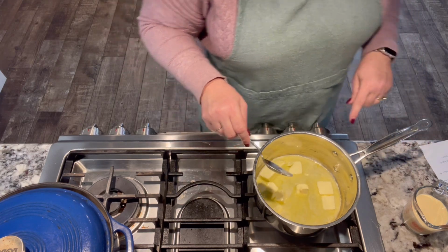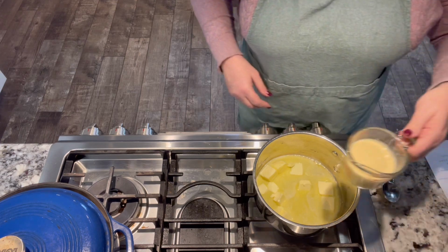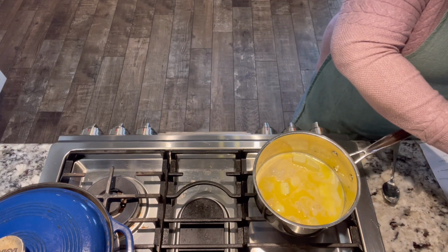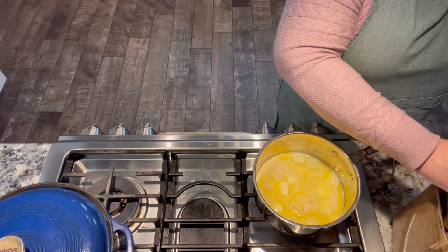So we have 12 tablespoons of butter, and to this we're going to add 2/3 of a cup of evaporated milk, not sweetened condensed milk, evaporated milk. To that we're going to add 3 cups of brown sugar,